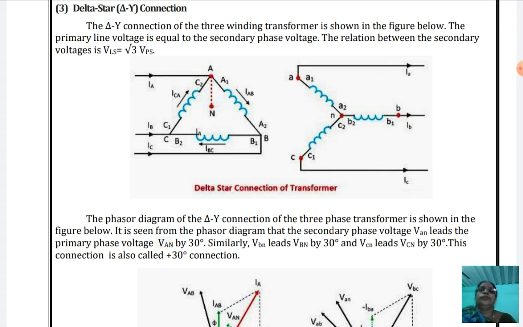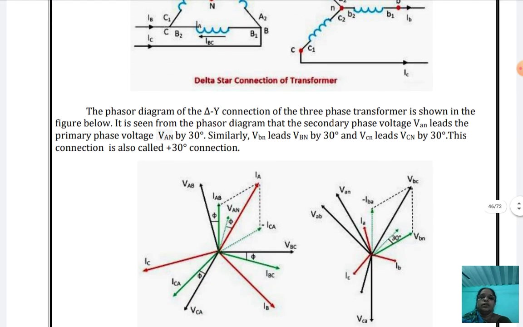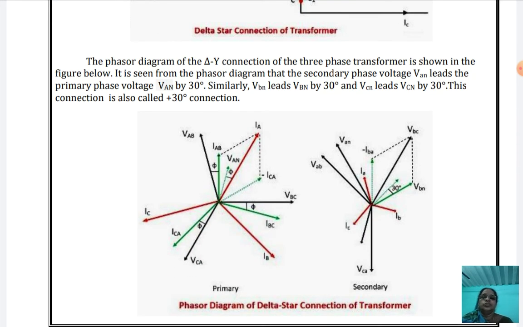So here you can see the phasor diagram: VL, the line voltage, is equal to root 3 times V phase. So the VAN, that means the primary phase voltage, is leading VAB by 30 degrees. Similarly VBN also leads VBC. You see the diagram, VAB is there and then